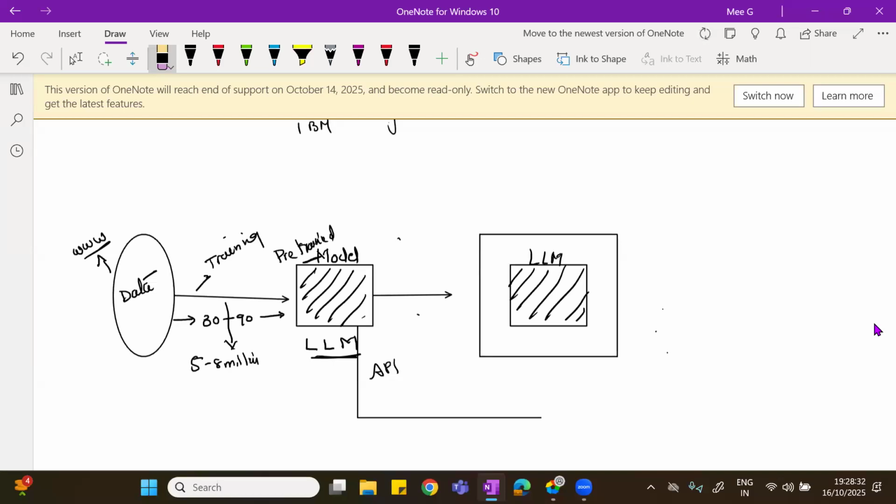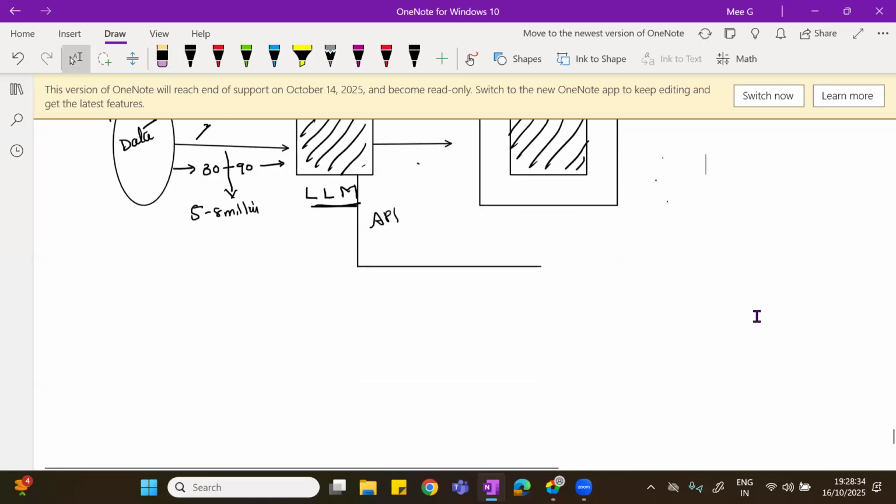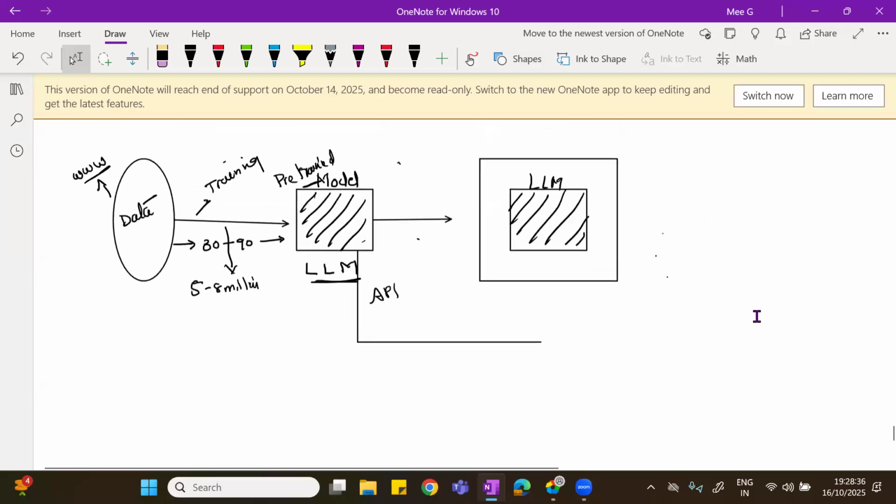Suppose I want to give my private data to the LLM directly. Then your private data will be exposed to all the people. So to avoid that problem, we are going to get this LLM into our own environment.